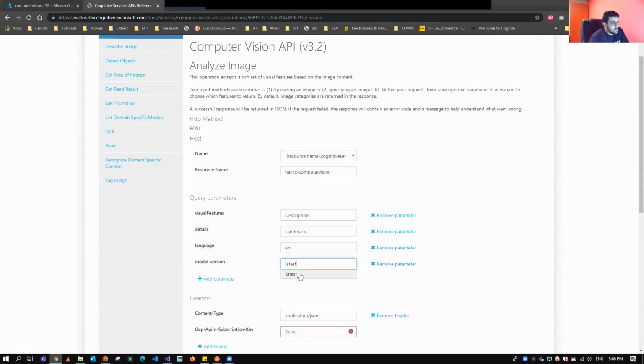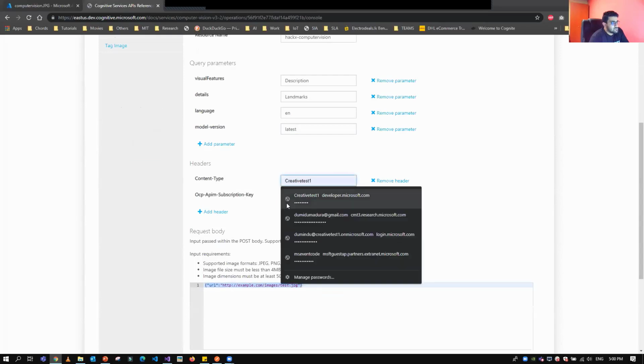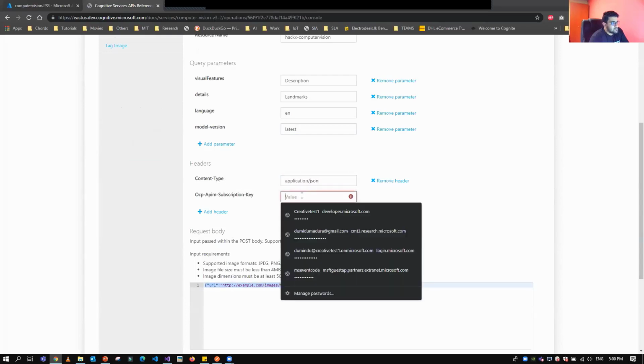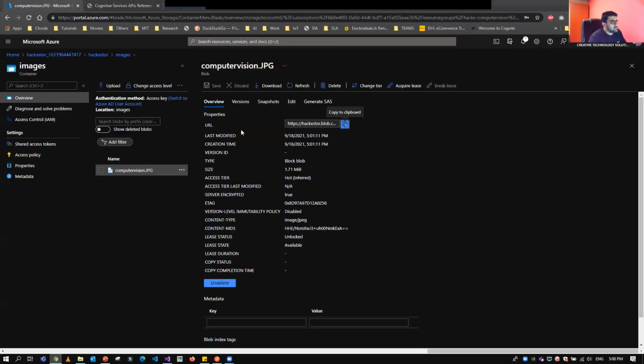Here they have only the latest model. And the content type, for this we are using application JSON content type, and so we'll build this. So the URL for the images goes here, and here they ask for the subscription key. Subscription key means the